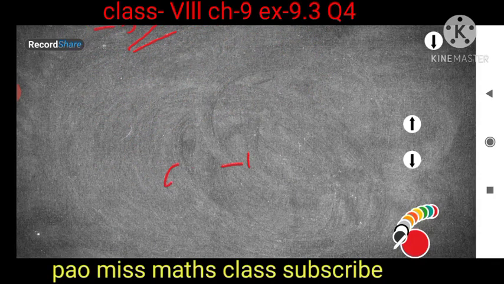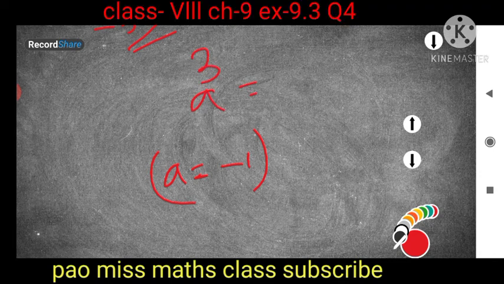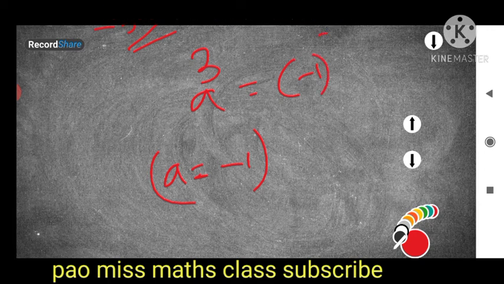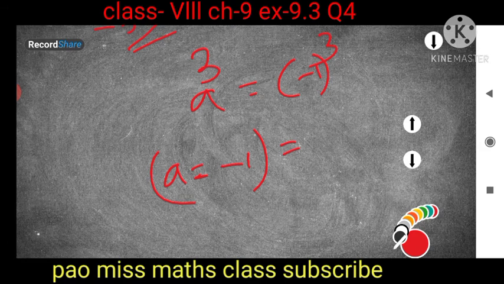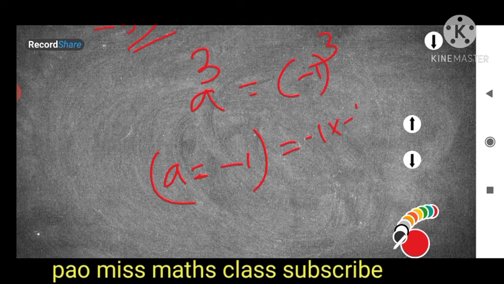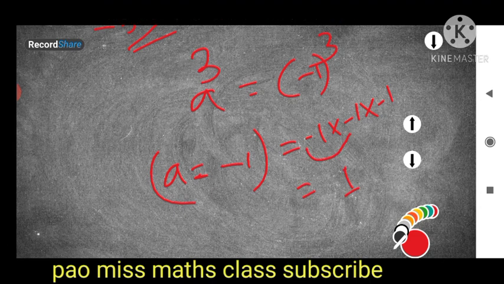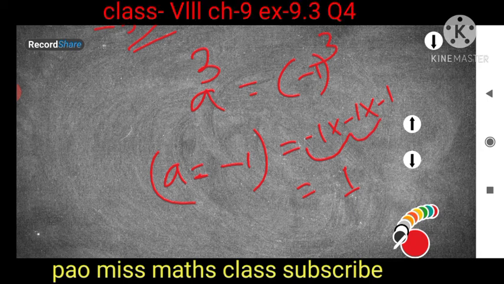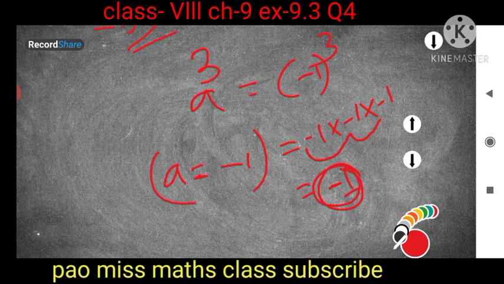So minus 1, isn't it? The value of a is given as minus 1. Now if there is a to the power 3, what does it mean? It means minus 1 to the power 3, okay? Minus 1 to the power 3. Now minus 1 to the power 3 means minus 1 is multiplied 3 times. So 1 into 1 is 1, isn't it? But if you see the sign, minus minus is plus and plus minus is minus. So minus 1 to the power 3, the answer will be minus 1, okay? You have to be very careful with this. So the answer will be minus 1.